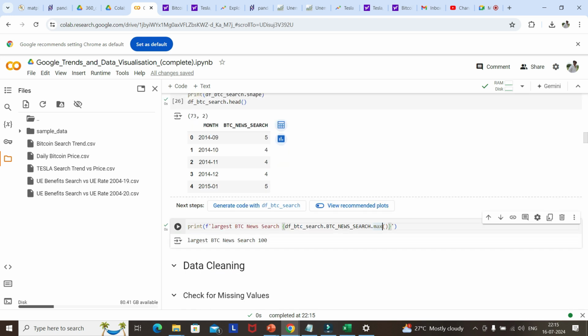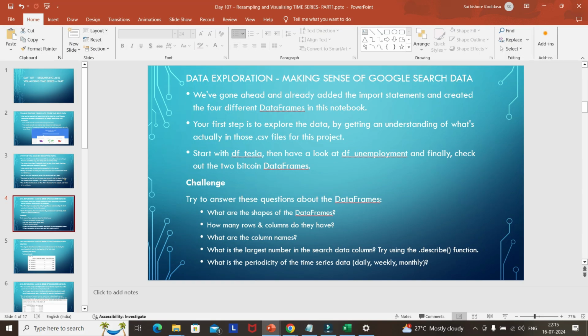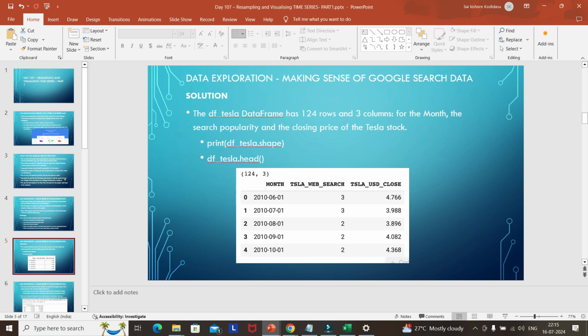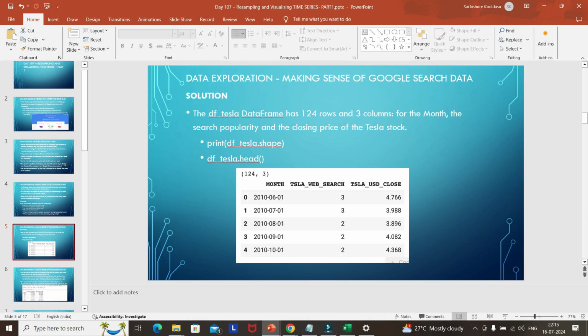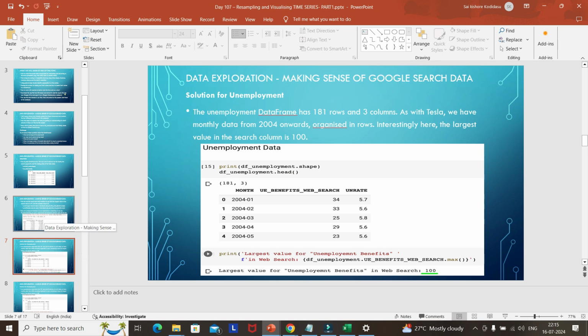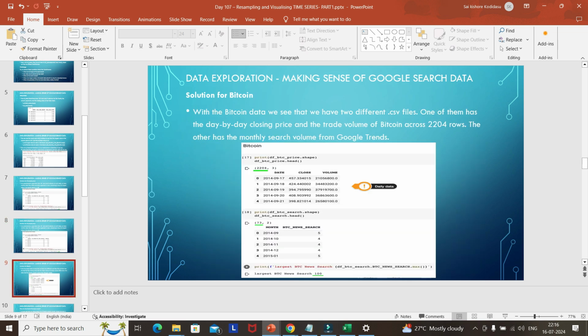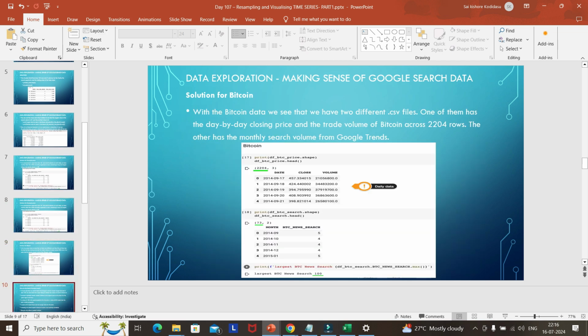For example, if I just check for what is the string, so this is a minimum of 3. So what exactly does that mean? This is just about exploration. The same thing. So now